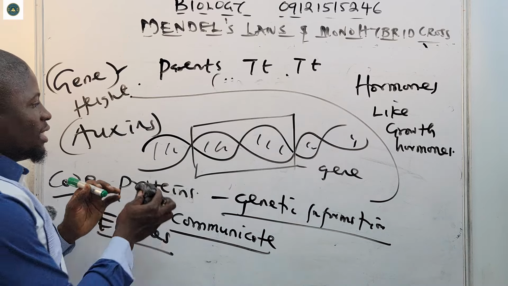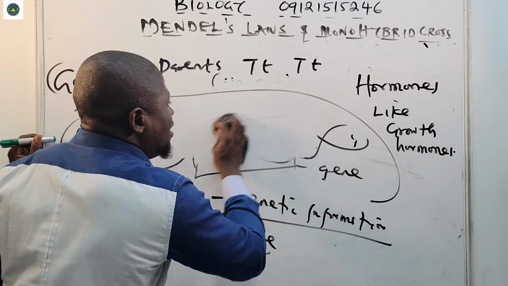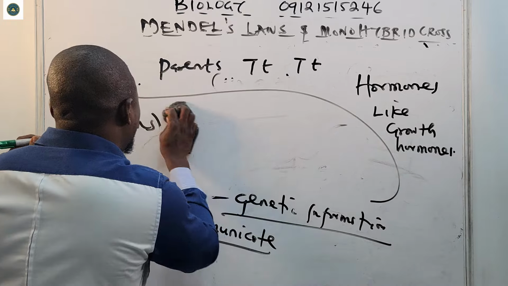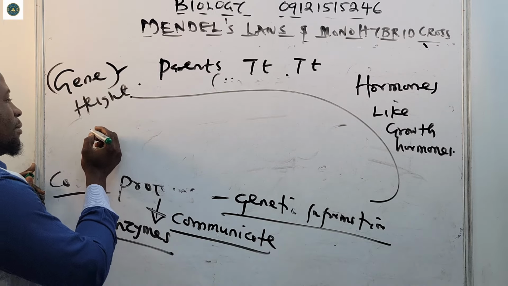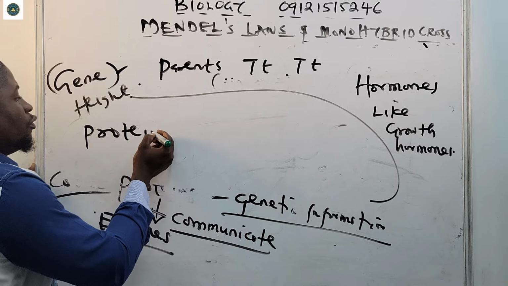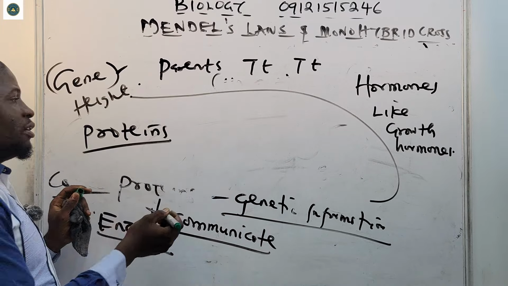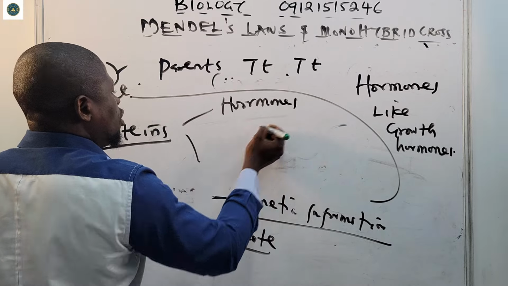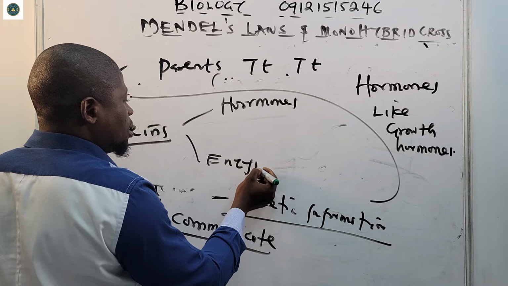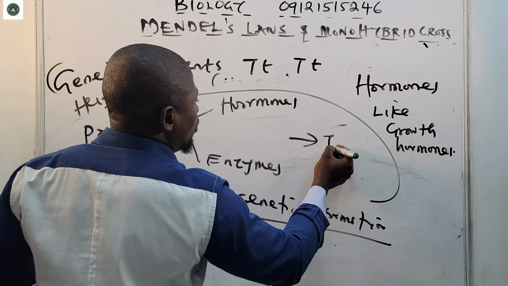So when we have a gene coding for a particular character, first of all, it will code for certain proteins. Then the proteins will be in the form of hormones or enzymes, which will now in turn